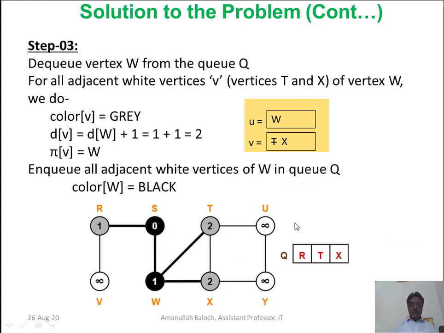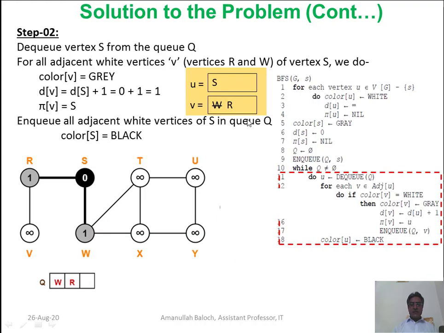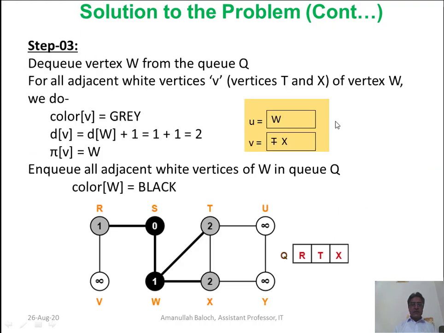So it will delete W and assign it to U, because this statement deletes the value from the Q and assigns it to U. So U contains W, and the adjacent nodes of W are T and X. First we process T, and the color of T is set to gray, and the distance of T is equal to distance of W plus 1, that is 1 plus 1.